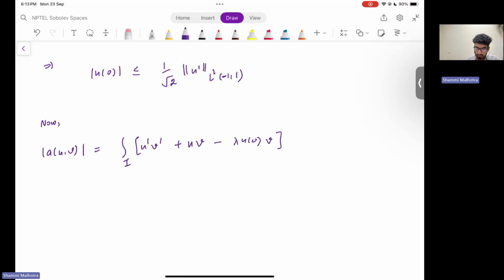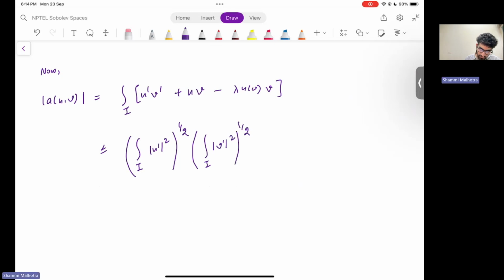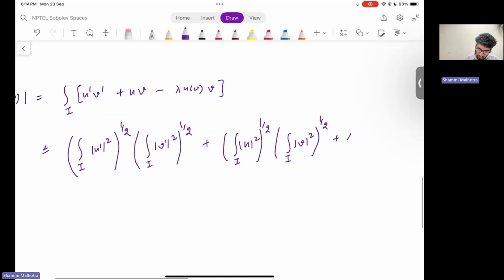Finally, using the Hölder inequality, we have the integral of |u'|^2 to the power of half times the integral over I of |v'|^2 to the power of half, plus the integral over I of |u|^2 to the power of half times the integral of |v|^2 to the power of half, then mod lambda,